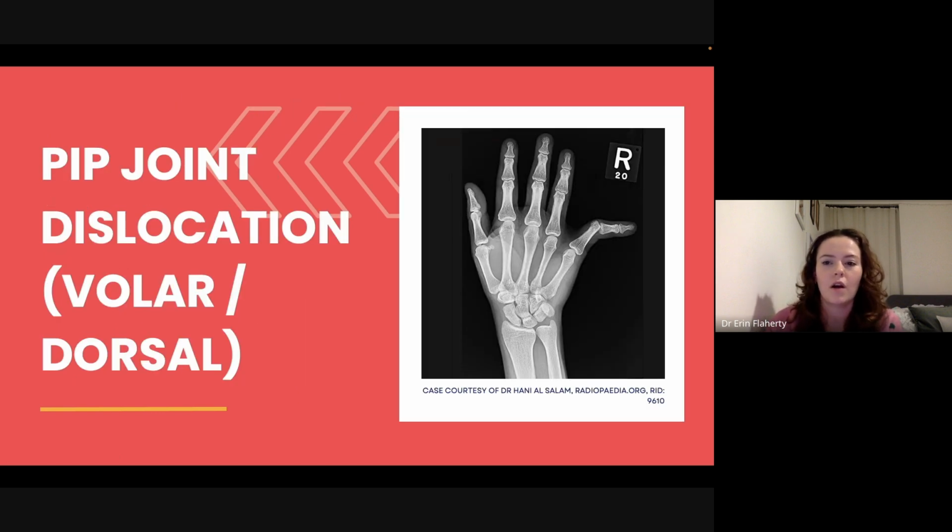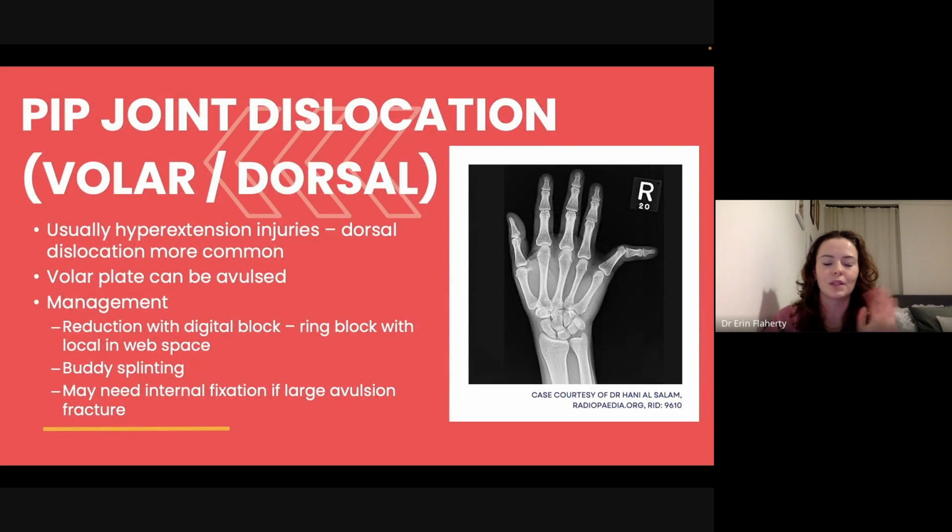We have our joint dislocations as well of the little fingers. These are actually really common. So these can go either volar, which is forward towards the palm, or dorsal, which is backwards towards the back. So these are usually hyperextension injuries. Again, hyperextended and flexed off. And dorsal is a lot more common, so for it to go backwards towards the back of the hand rather than to have a volar